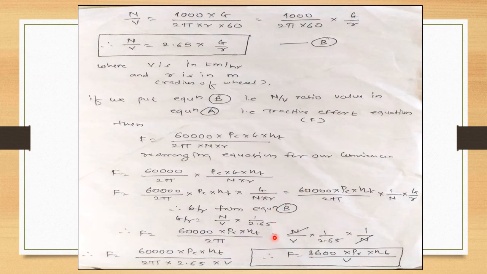In this manner, this is a very important calculation. In the examination, we require the formula for N upon V, the tractive effort formula, the acceleration formula, the gradability formula, and at the same time the resistances, that is air, rolling and grade resistance. So this is about the theory part of chapter number 2. In the next week's lectures, we are going to discuss the numericals directly with the important formulas. Thank you very much.